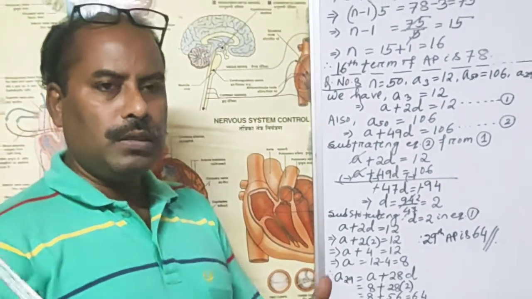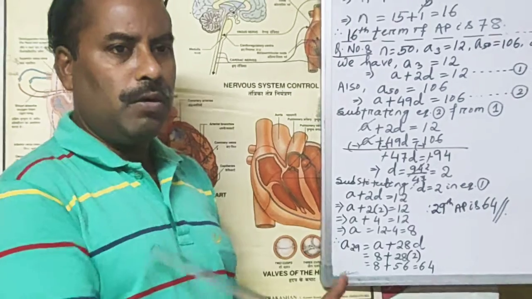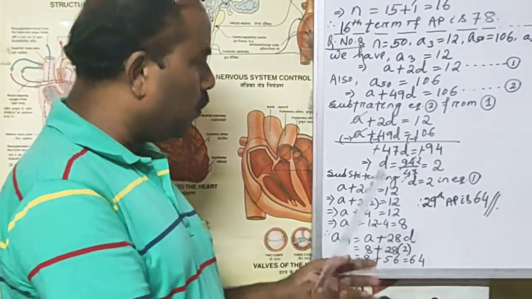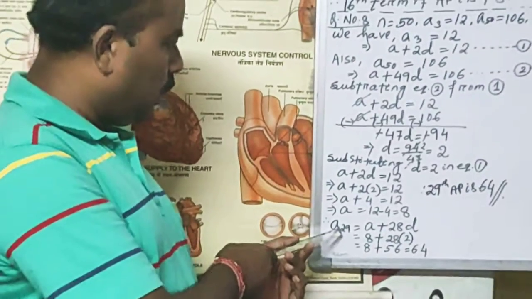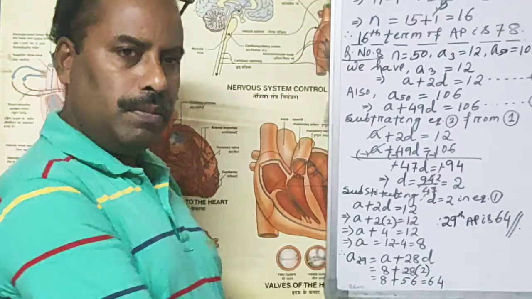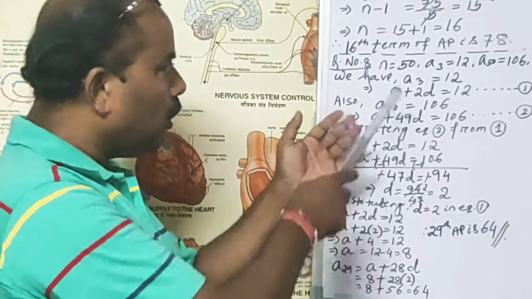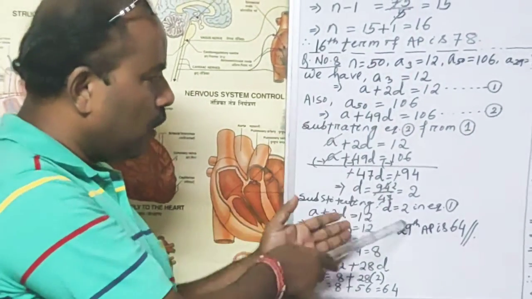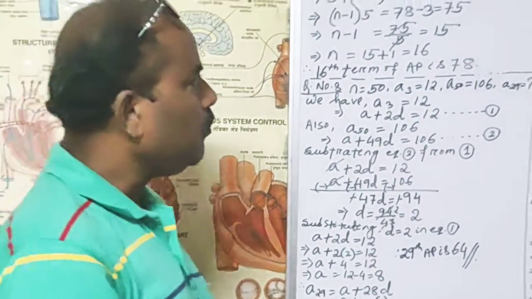Clear now? So when some term is asked, what will be the value of this term? Then we have to find three things. That is, the term should be mentioned, 29 or 20 or 25. Then A should be given and D should be given. Then we can find it out. But if something is not given, its alternate will be given there. From there we have to derive our requirement. Then we have to put them.